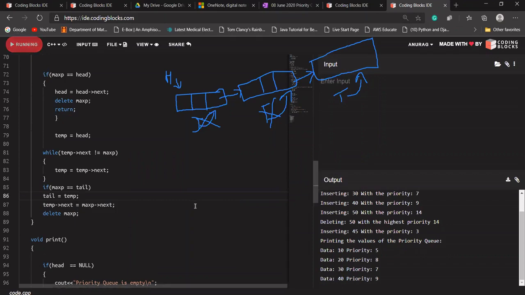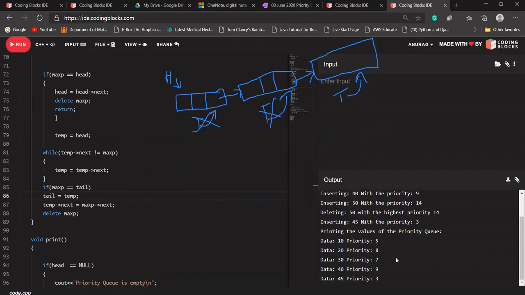Let's see, because now I'm updating my tail with the temp. Okay, so 45 is being added. What I'm doing here is checking in the last case if max p is equal to tail, if it is the last node. You just need to update your tail as well, because temp's next is the max p. So if max p is being deleted, update tail with the temp. Now tail should point to the temp value, because temp's next is right now null, because max p was the last element and max p's next was null. So in that case, tail is equal to temp. Update the tail as well. Okay, Danny, I